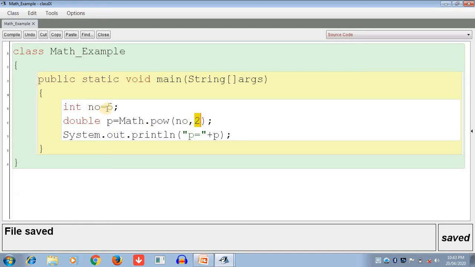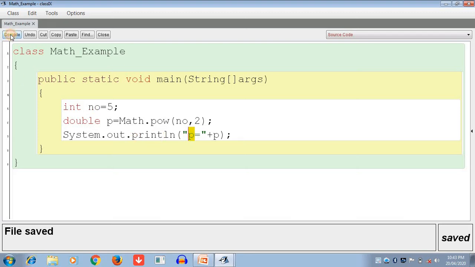I know very well the square of 5 will become 25. So we can easily write it through the math function Math.pow, that is the number, and comma we use a power, which is the number 2. That means 5 is multiplied 2 times, and this statement is used to display your value. What is the value of p?